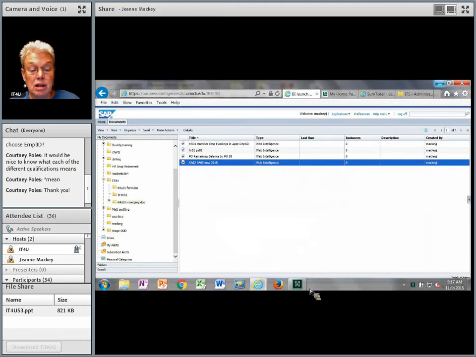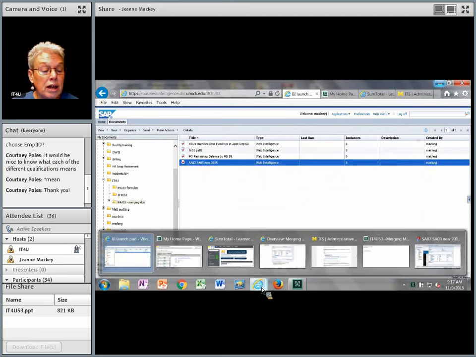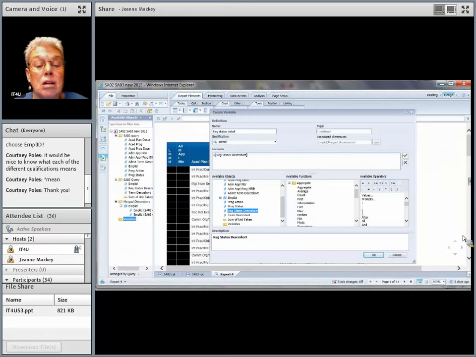Now, where am I? Let me go back to my report here. Again, the main thing about a detail object is that it always has an associated dimension. So I'm creating a detail object so I can use it in the report that will have objects from both queries.